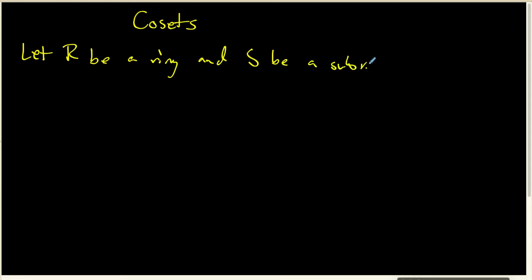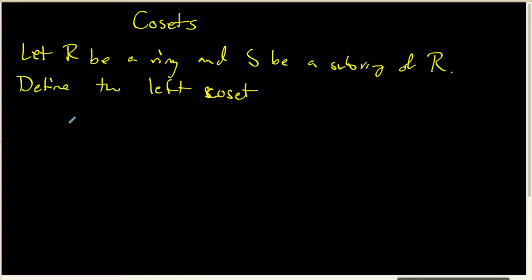In this recording, we're going to define a new concept called a coset. So we're going to let R be a ring and S be a subring of R. And we're going to define the left coset that is designated as A plus S to be the set of things that look like little a plus little